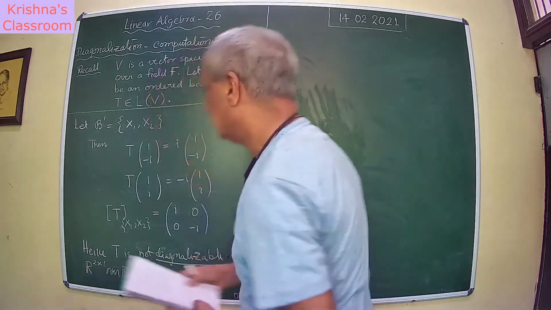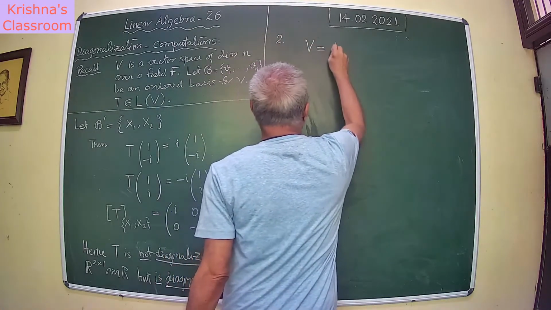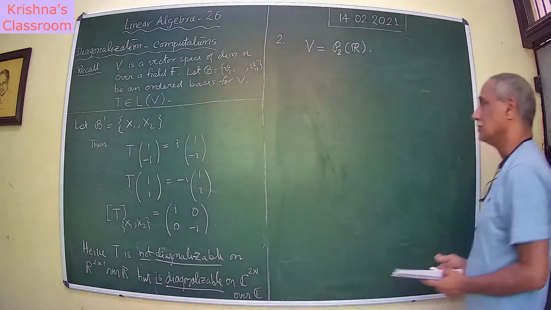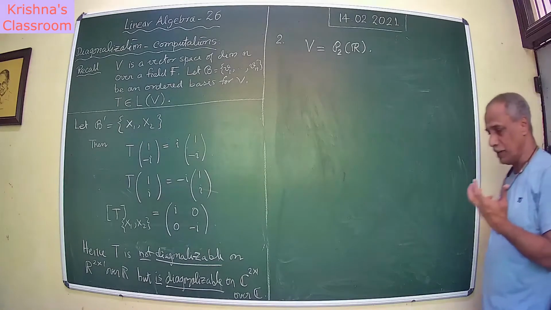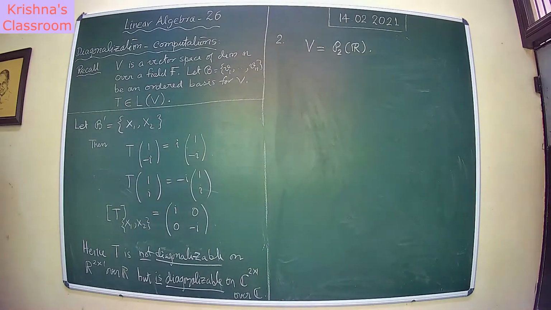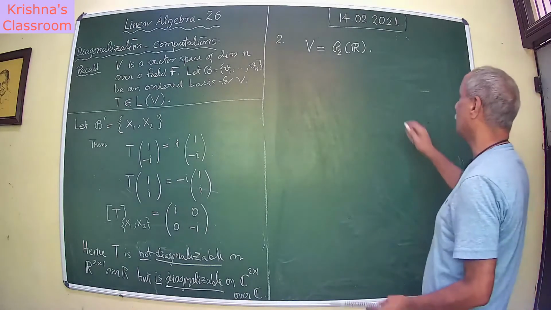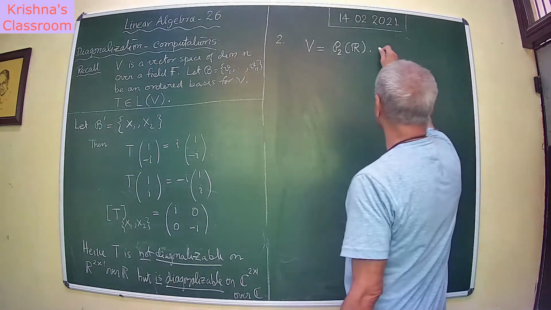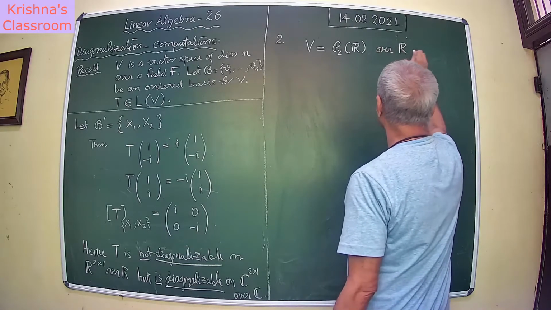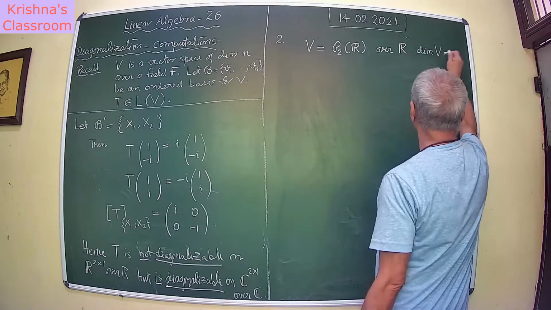Let me take V to be all polynomials of degree less than or equal to 2 along with the zero polynomial. Okay, and you know that this is the dimension of V equal to